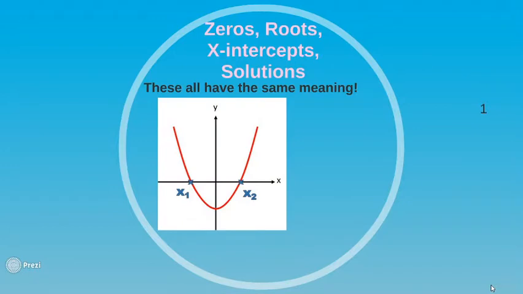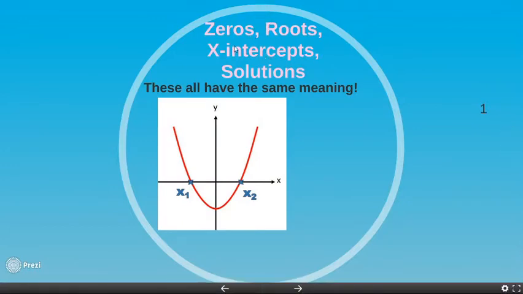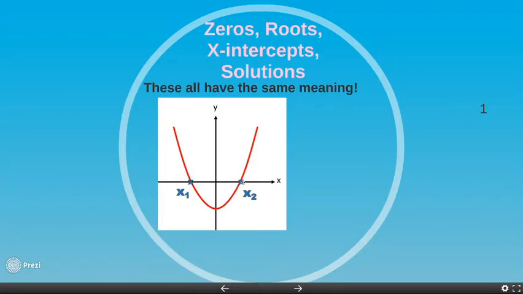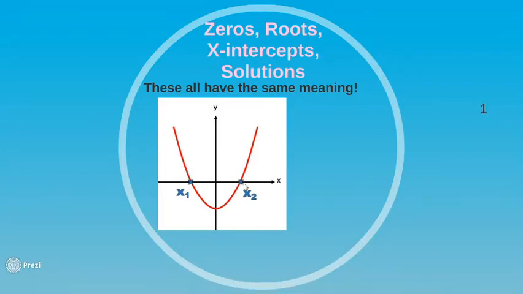Probably one word that jumps out at you in this problem is x-intercepts. x-intercepts are where a graph will hit the x-axis. So these 2 points right here are where this polynomial is hitting the x-axis. Since I told you that when you solve for x, what you're solving for are zeros, roots, solutions, or x-intercepts, guess what? When you solve for x on a polynomial, what you're actually solving for on a graph are the x-intercepts. So when we've been solving for x this whole time, you guys have secretly been